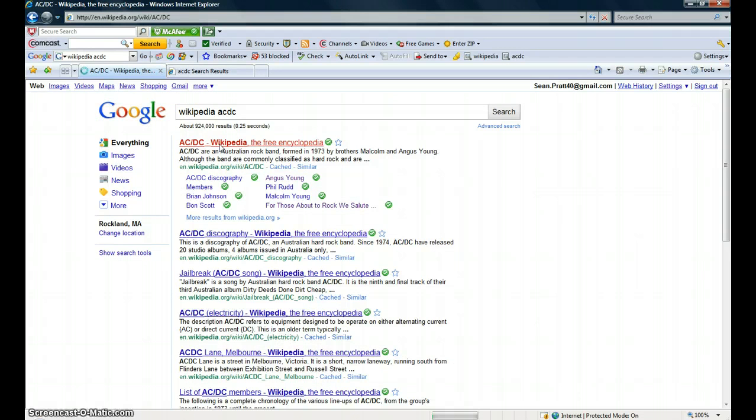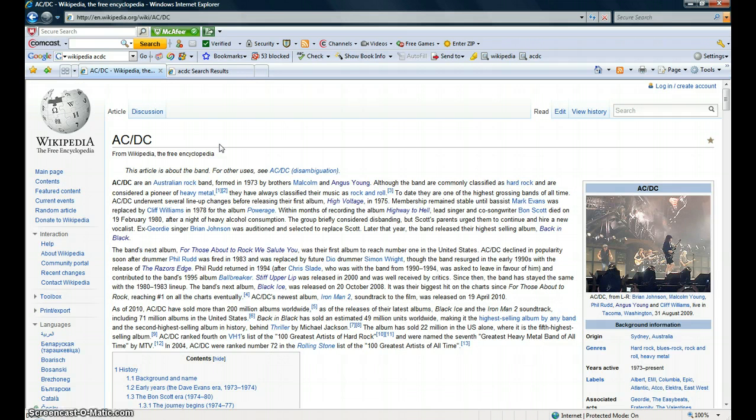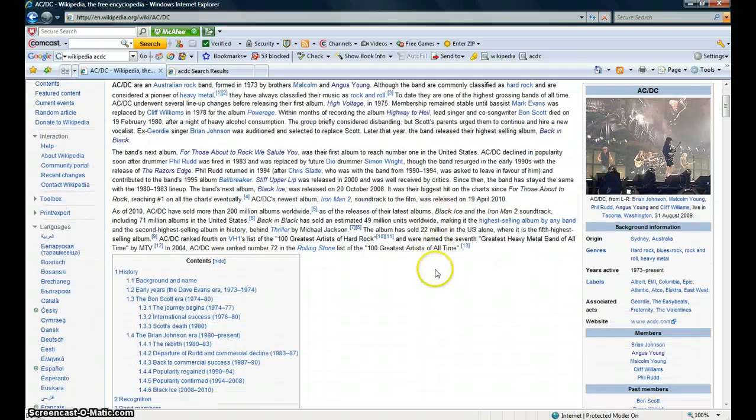But we all know Wikipedia is not always something you can depend on, because anybody can go in and create a Wikipedia page. So it's not always accurate and not always verified. But some information is there. Sometimes they have some good